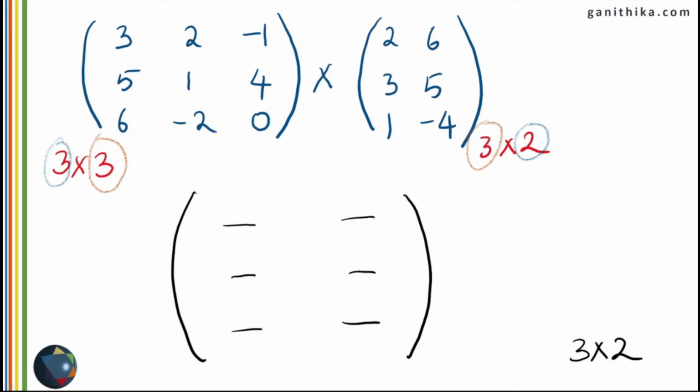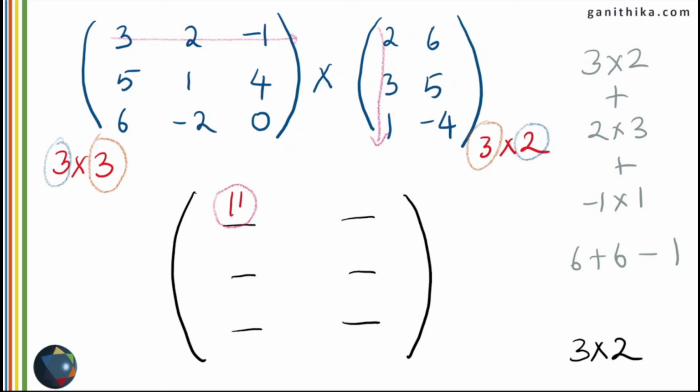So when you get ready with this, then you start multiplying the corresponding numbers. Then you will not make mistakes in the positioning of the numbers. So now we will start multiplying the numbers. First row, first column, your answer is going to be here. Multiply the corresponding elements, 3 times 2, 2 times 3 and minus 1 times 1. Add them all. You will get 11 and the 11 is going to be placed in first row, first column of your answer matrix. Next is first row, second column, going to be here. Multiply the corresponding numbers in the same way. Add them all. The answer is going to be 32 and it will be placed in first row, second column of your answer matrix.